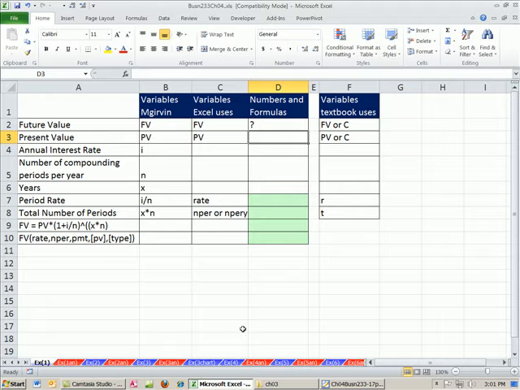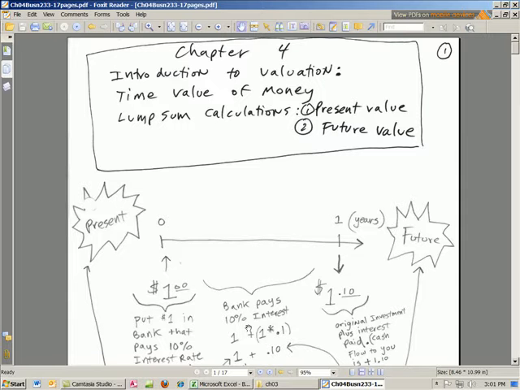Hey, we're in Chapter 4. We're going to come over here to the PDFs and start off here. Introduction to Valuation. Got to talk about the time value of money. In this chapter, Chapter 4, we're just going to look at the basics of lump sum calculations, present value and